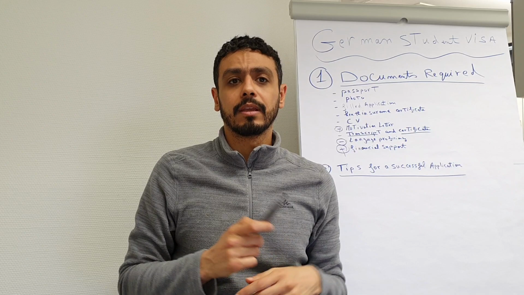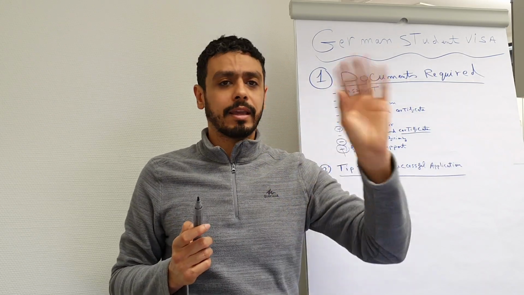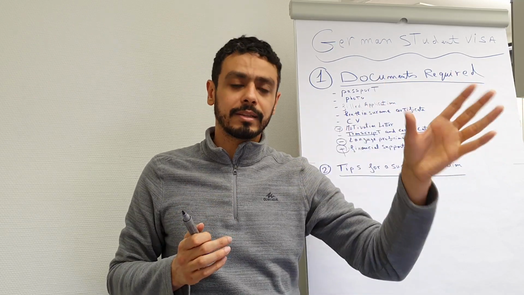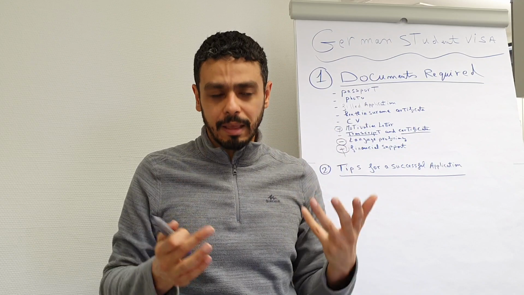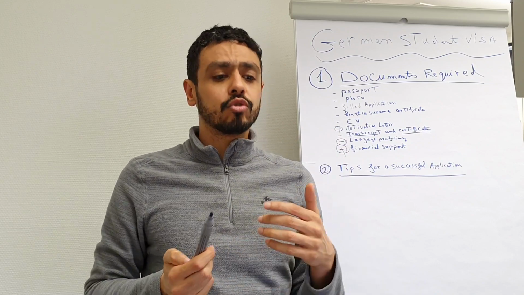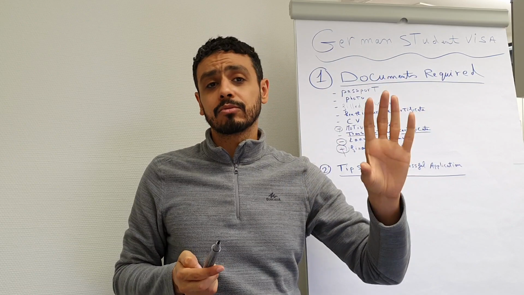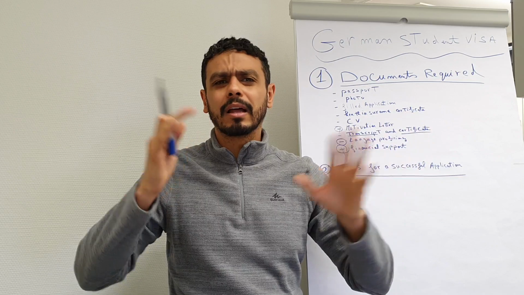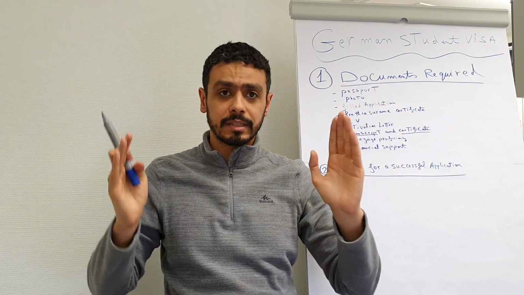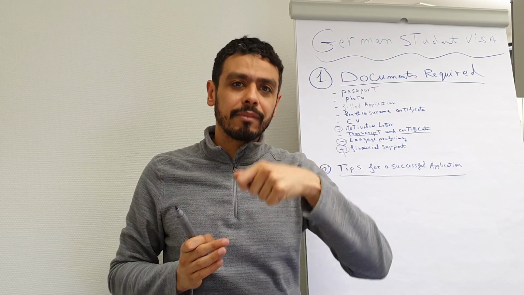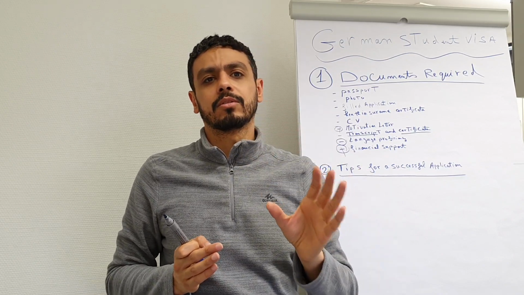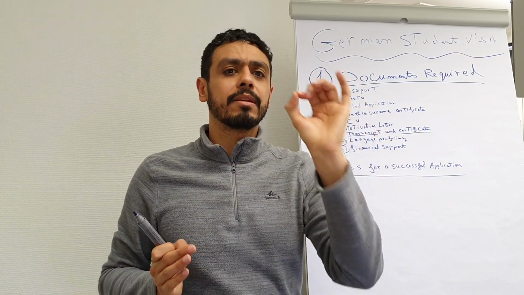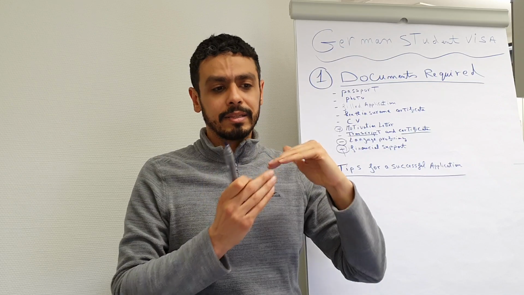What is a blocked account? When you come here to Germany, either you open it directly in a bank like Deutsche Bank, or in a subsidiary bank that can transfer it to a main bank. So what happens when you come here, they usually, for example, take 10,000 euros for 1 year and divide it over 12 months, so it will be 800 something, the 10,000 divided by 12 months in a year, and they give you this amount every month, only this amount. So equal division, 10,000 divided by 12, you get the amount that is required every month, and every month your balance increases by this amount.